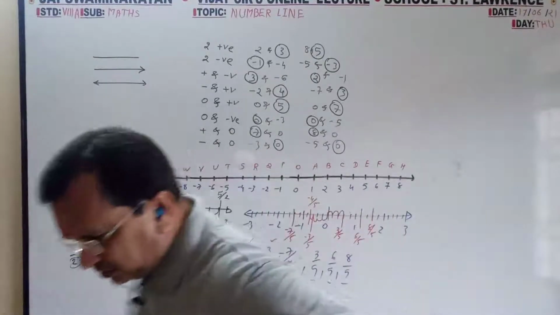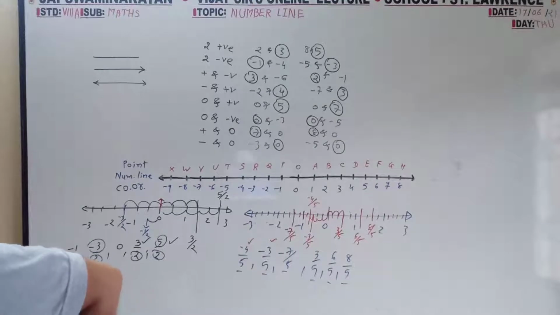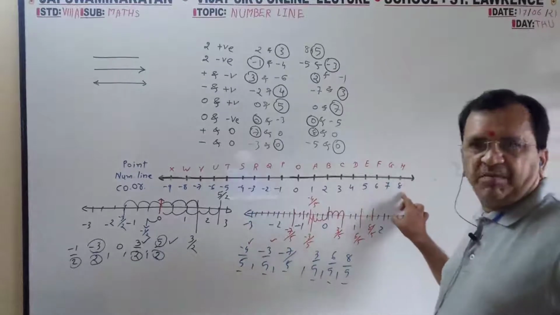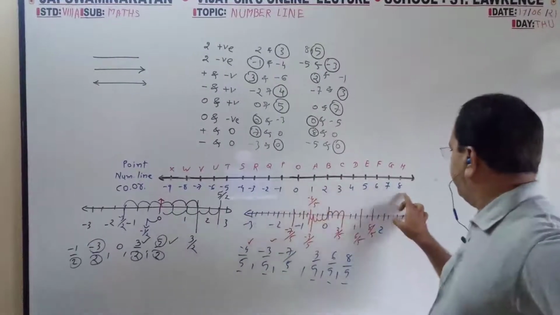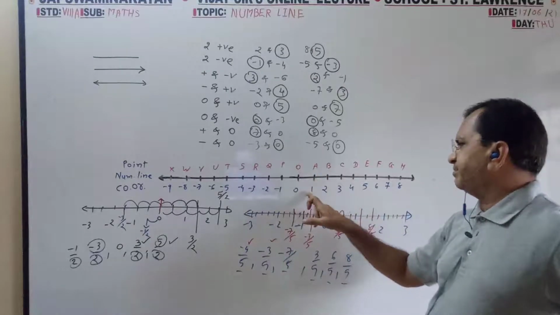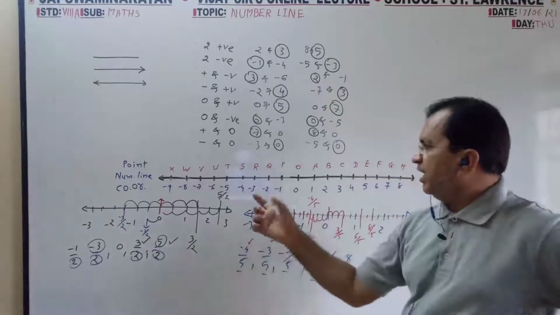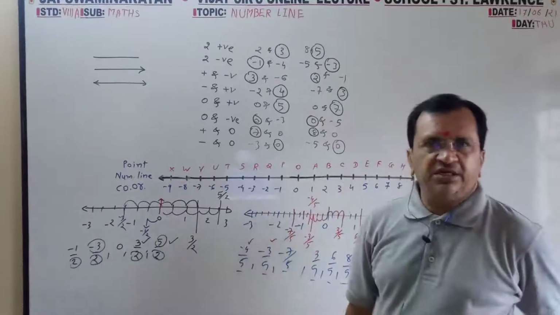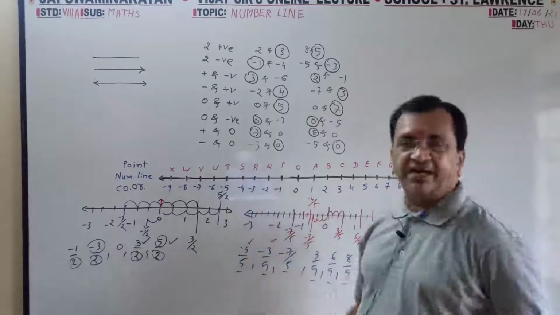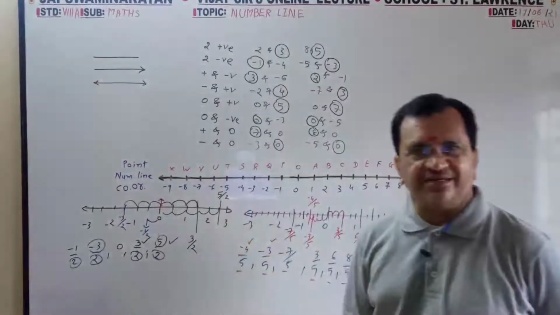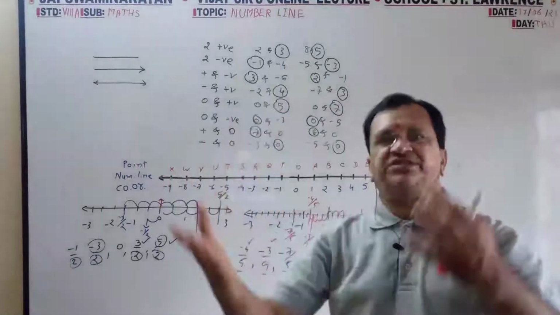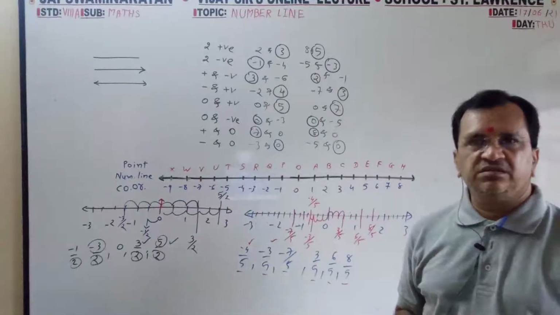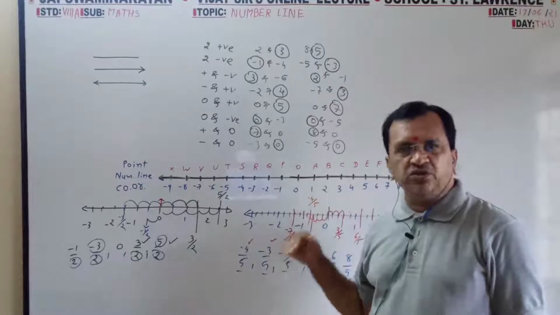So like that, X represent -8. A represent +1. H represent +8. Now what S represent? S represent minus 3. S represent minus 4. X represent minus 9. So now reversible from point to number. Now from number to point.